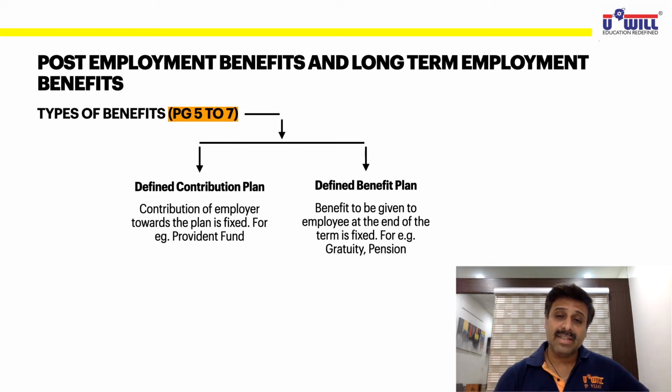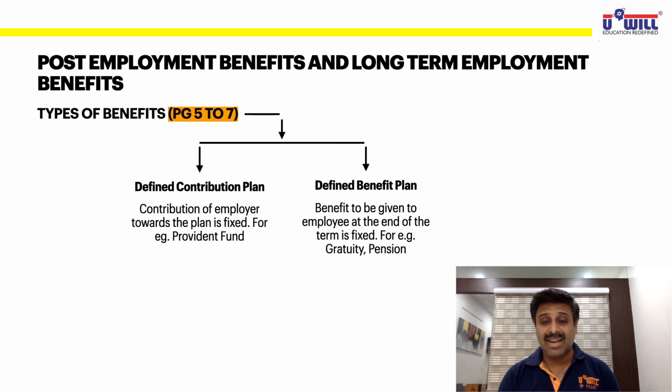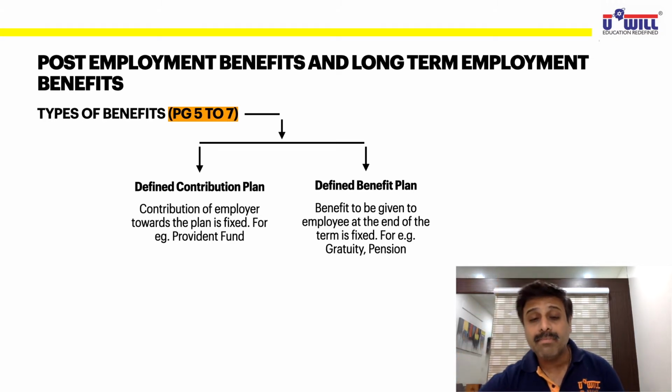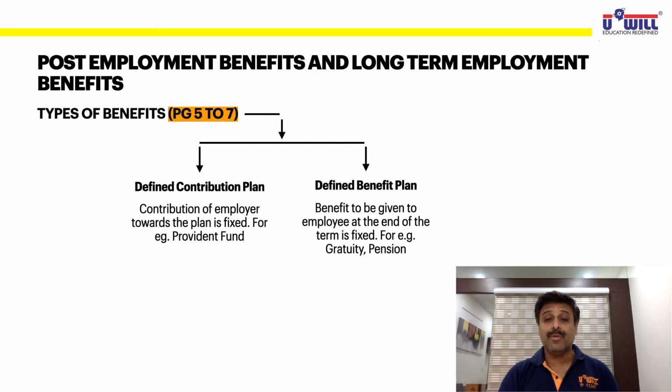It means he will be working with the company for 35 years and we give him 20 days salary for every year of service. For those 35 years, whatever 20 days salary is accumulated, we will count at the salary level at the age of 60. So right now if the employee is earning 50,000 per month, we don't have to count on the basis of 50,000. After 35 years, what will he be earning? Maybe 3-4 lakhs per month from us. Right now 50,000 means, see the level of inflation which takes place every year.